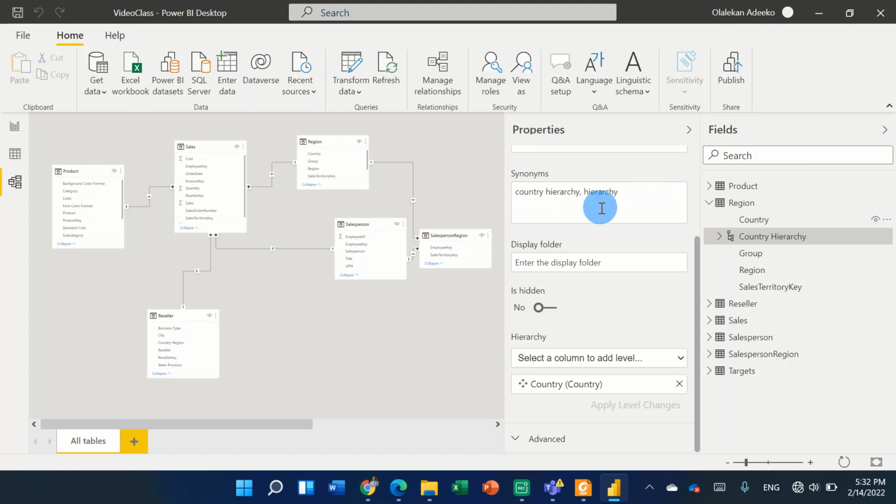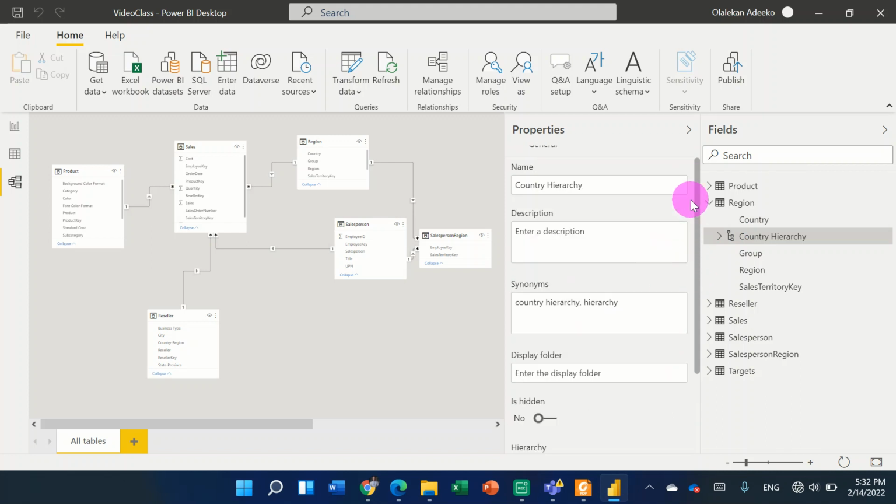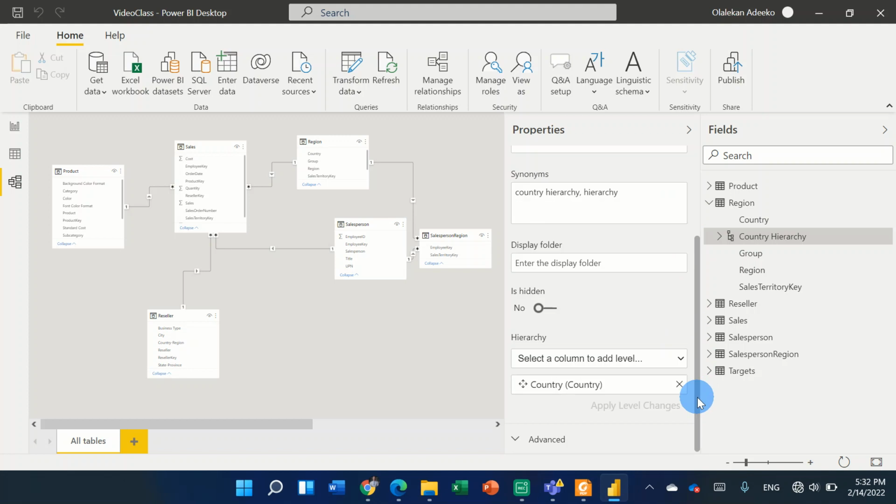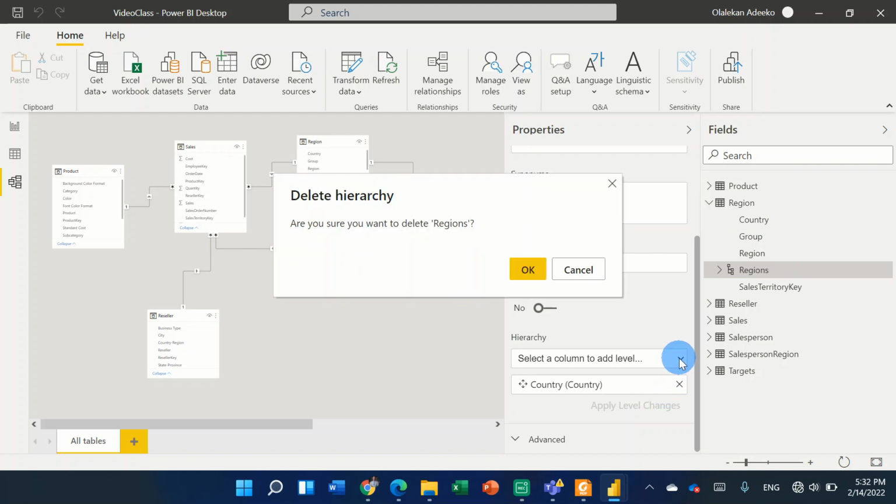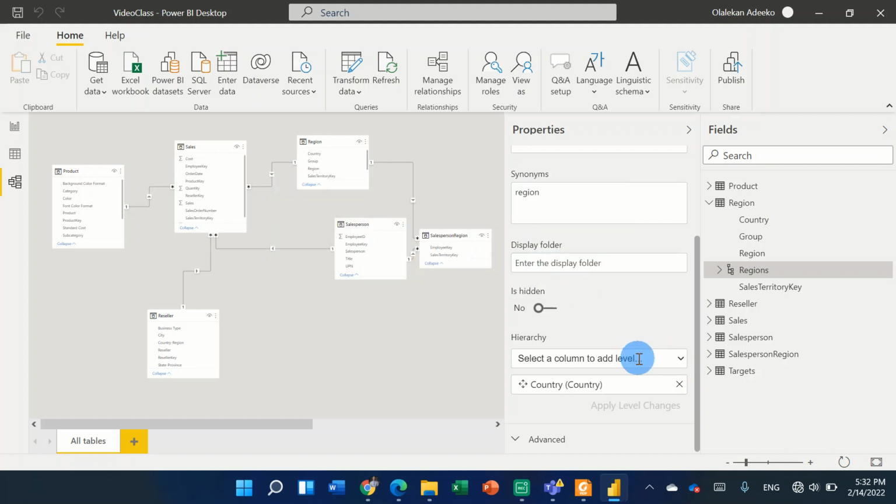Right click and create hierarchy. So I can give the name, change the name. I want the name to be regions. I can scroll down to add level to my hierarchy. So the first level I want there is my region. I want group, then country and region. I want group, so I can remove the first that is there and then add